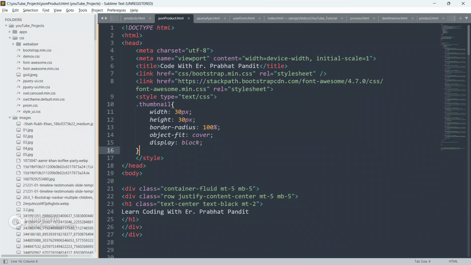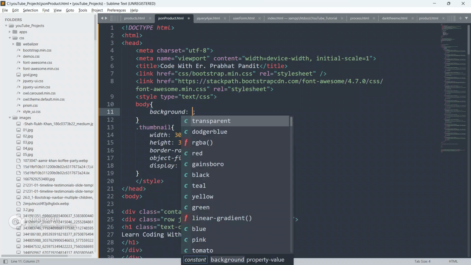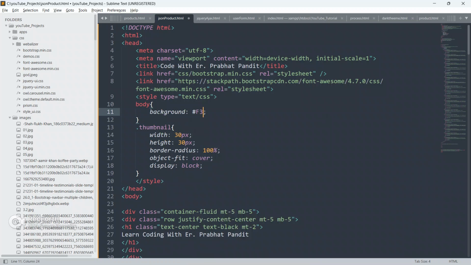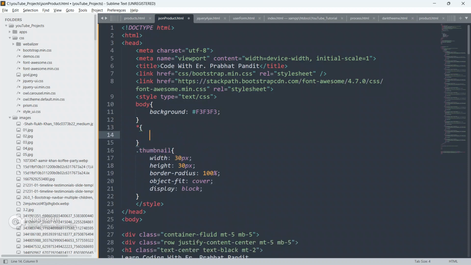So I'm going to give this a style sheet also. Now give body a background color of F3F3F3.